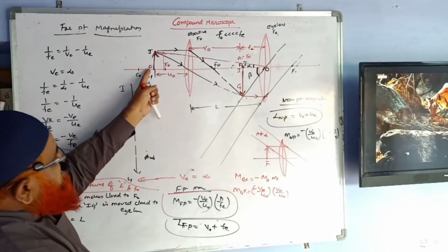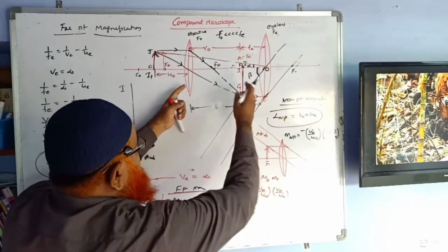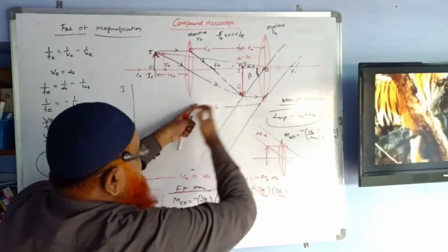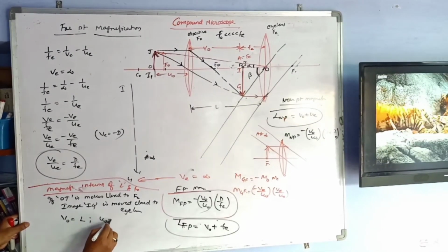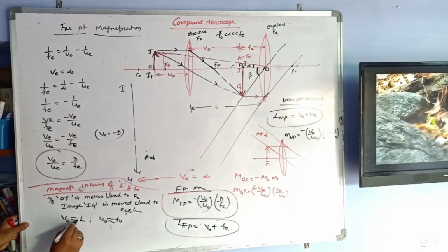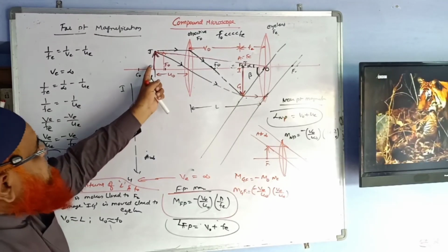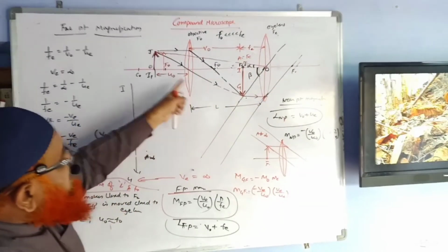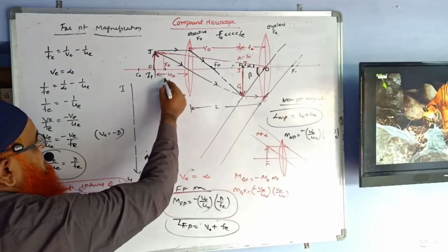When the object is going very close to the focal point, that is the principal of focus, the image goes very close to the lens. Then the image distance from the lens will not be V naught, it will become the total length L here. So I am replacing V naught with L, and I am replacing U naught with F naught. U naught is approximately equal to F naught, and V naught is approximately equal to L. Why am I writing like this? Imagine as if the object is shifted very close to the principal of focus and the image is shifted very close to the eye lens. Then the object distance will not be U naught, it is going to become F naught.